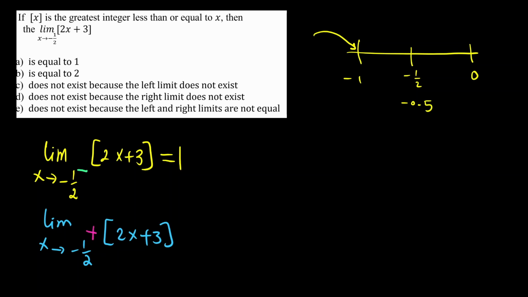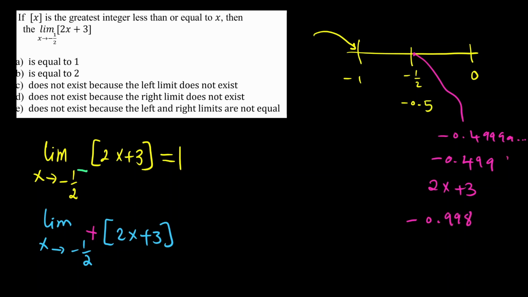Okay, now let's look at the other limit, which is when x goes to minus half from the right. So if you go to minus half from the right, you're talking about numbers such as minus 0.49999, etc. For easiness of calculations, I'm going to pick up a number such as minus 0.499. Now if you multiply that number by 2, we're looking at this expression again, 2x plus 3. Multiply that number by 2, you're going to get something very, very close to minus 1, but it will be minus